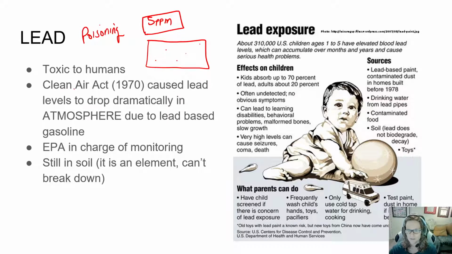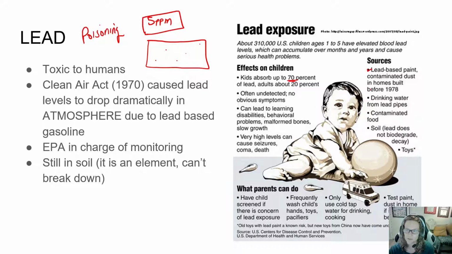And so we were finding that kids were having all these weird effects because little kids absorb way more of the lead than adults. Their bodies are littler, their hearts beat faster, they circulate things through their body quicker because they have a tinier body and a higher heart rate. And kids put everything in their mouth. So we were having some issues. And the lead-based paint, we had lead in our paint as well.